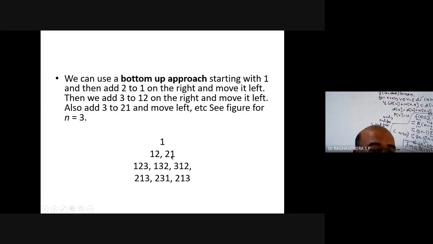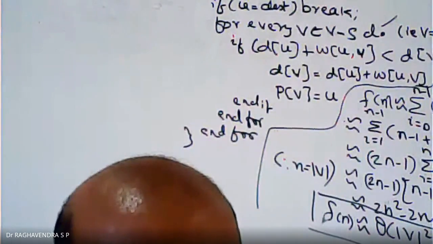Now you choose the second number, that is 21. Once again, you concatenate the number 3 to the right position, in between 2 and 1, and to the left. This is not 2 and 3, this is 3 to 1. It was only a typing mistake. 2 1 3, 2 1 3 is the same. So this 3 has to be placed here. Do you understand, students? Yes, sir. Okay, fine. So let me correct this.